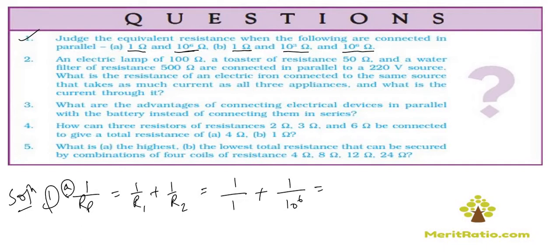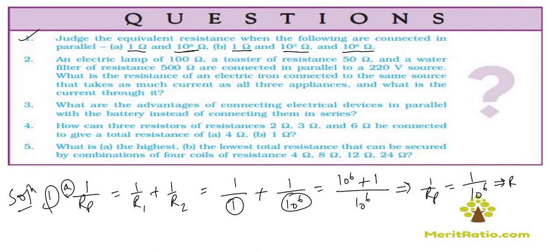As you take the LCM of 1 and 10 to the power 6, you will get 10 to the power 6, and this will become 10 to the power 6 plus 1. So we have obtained 1 upon Rp is equal to (10 to the power 6 plus 1) upon 10 to the power 6, which further can be written as Rp is equal to